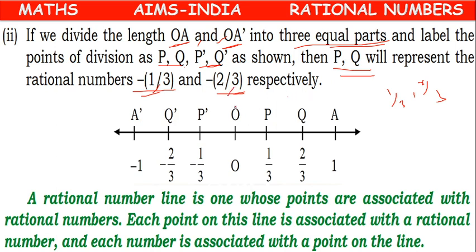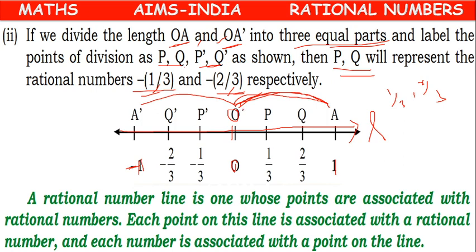So here we have drawn a number line. Let it be L. We have taken O in the middle, which represents the 0 point. OA is the unit distance. A value is 1 here. OA dash is also a unit distance on the left hand side. Value is minus 1. Like this we have the number line L.